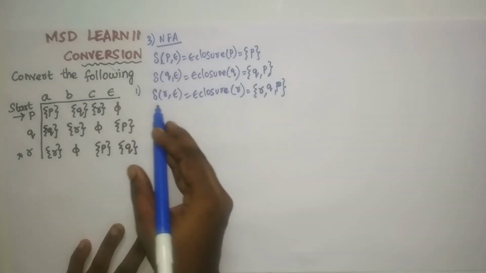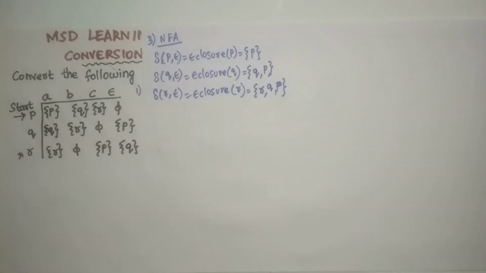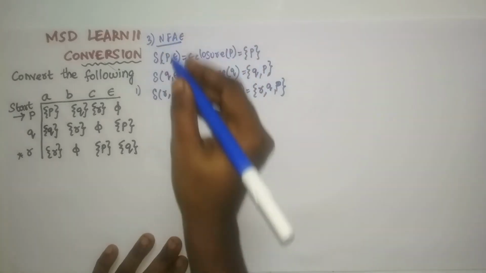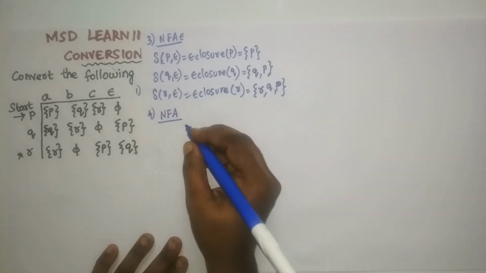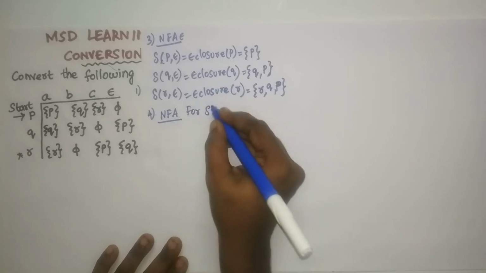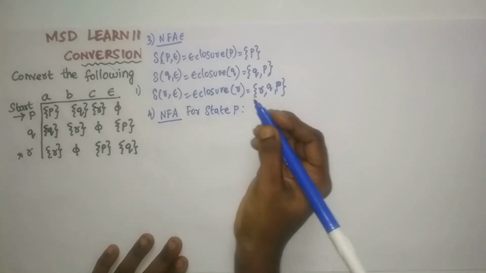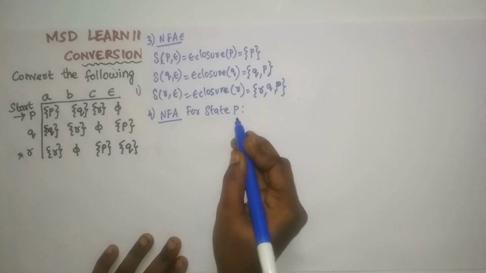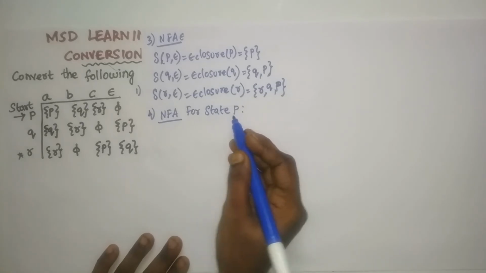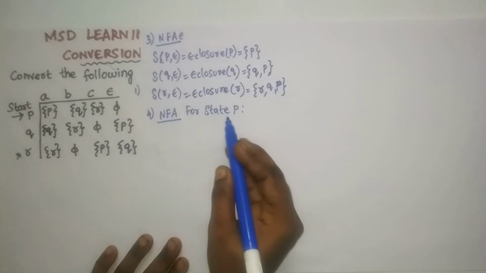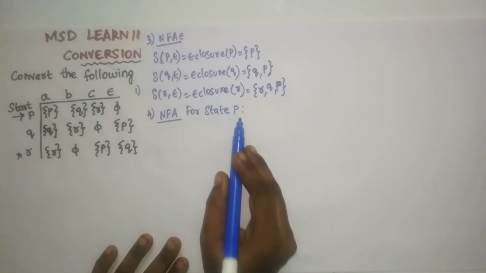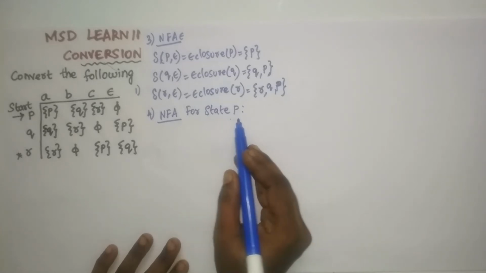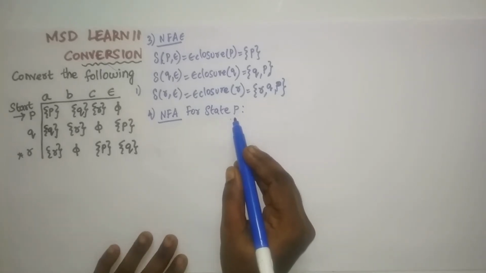So this is the third step that we need to do for the given NFA epsilon. That is, you need to find the epsilon closure of all the states from the given NFA epsilon. The next, fourth step is we are going to start creating the NFA machine for the state P, because the states are going to be the same. For the P state, I am going to find P comma A, P comma B and P comma C, because we are not going to find P comma epsilon, since our purpose is to eliminate the epsilon transition.